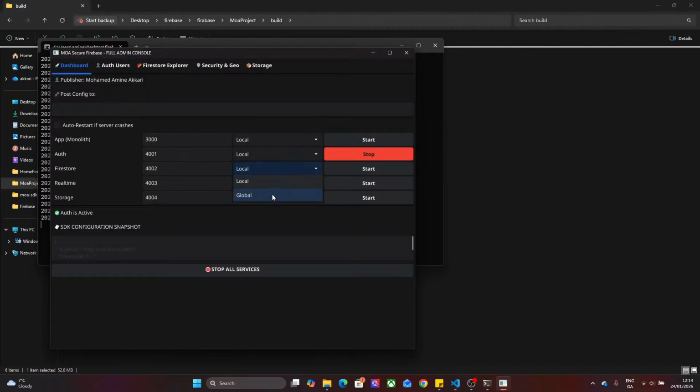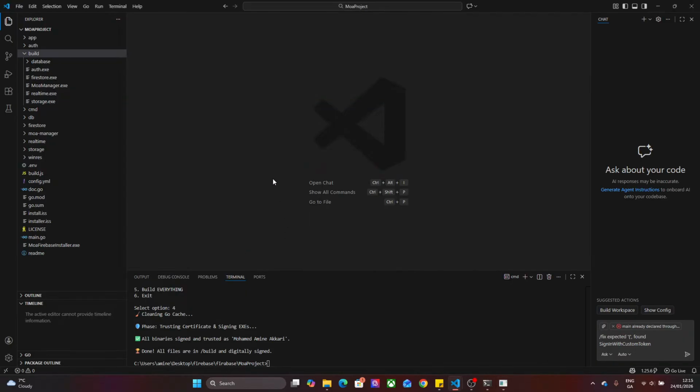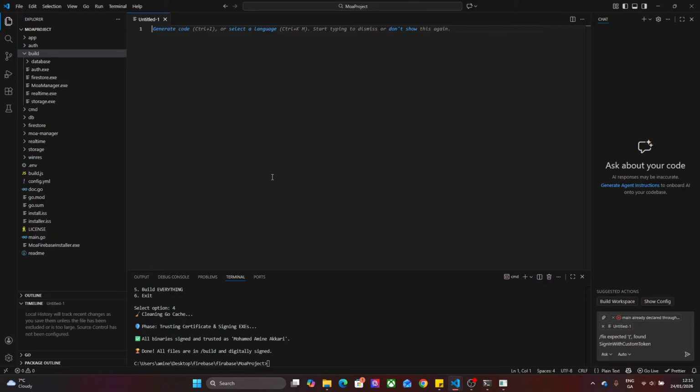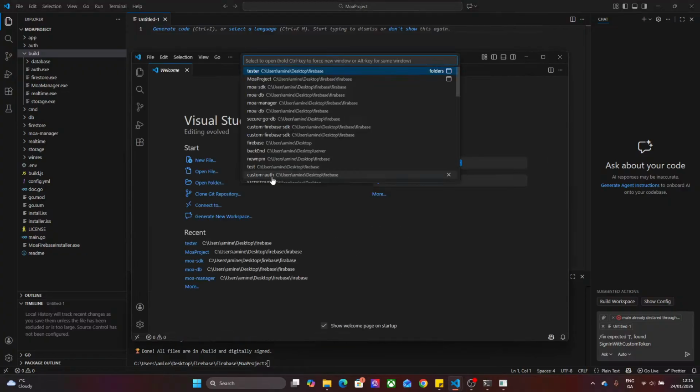So if I go to the Firestore and I put it global, it will run again and it will put back a link for us over here, which is going to be global. As you can see, there is a difference between the local and the global, so we're going to just copy this too. I have already a tester, so we can use the tester to see how it reacts with our servers. Let me just copy it from here. Now I have a tester server,